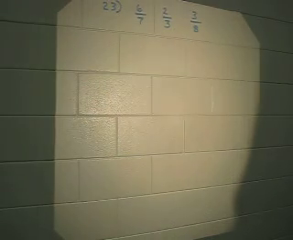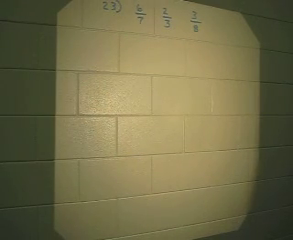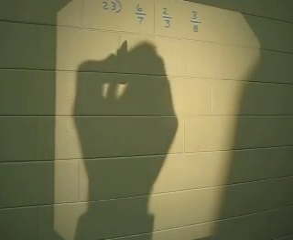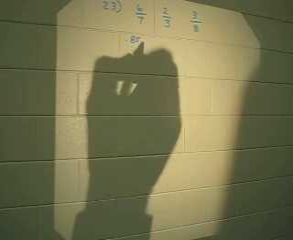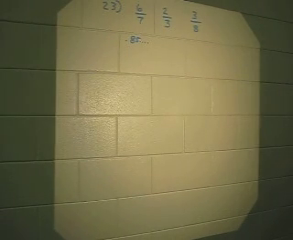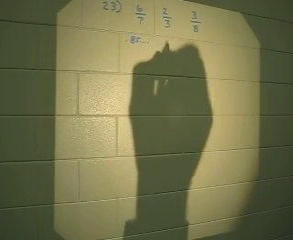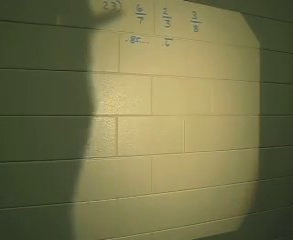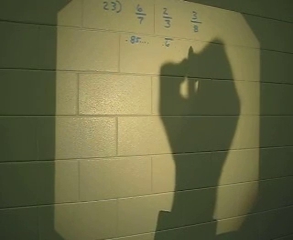Well, if we change 6/7 to a decimal, 6 divided by 7 is 0.85. It's probably enough to help us out. 2/3 as a decimal, we're going to get 0.6 repeating. 3/8 as a decimal, 3 divided by 8 is